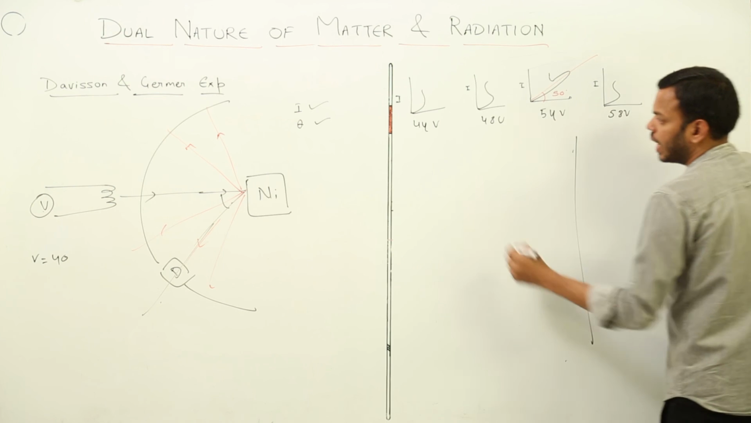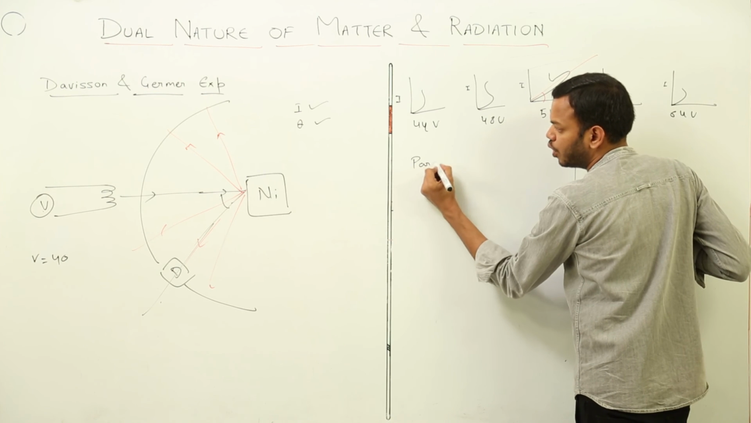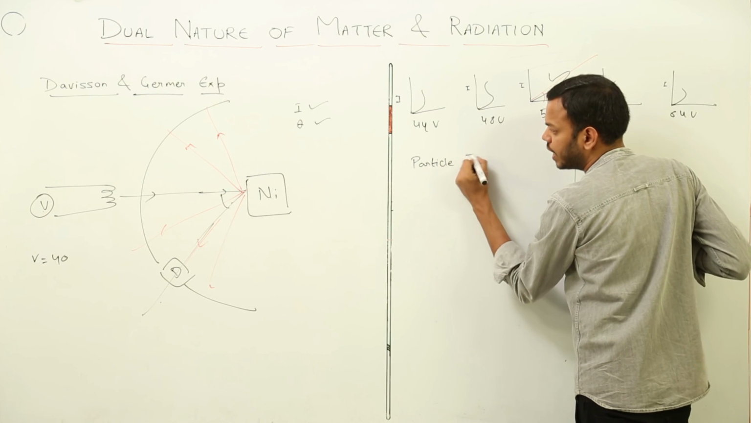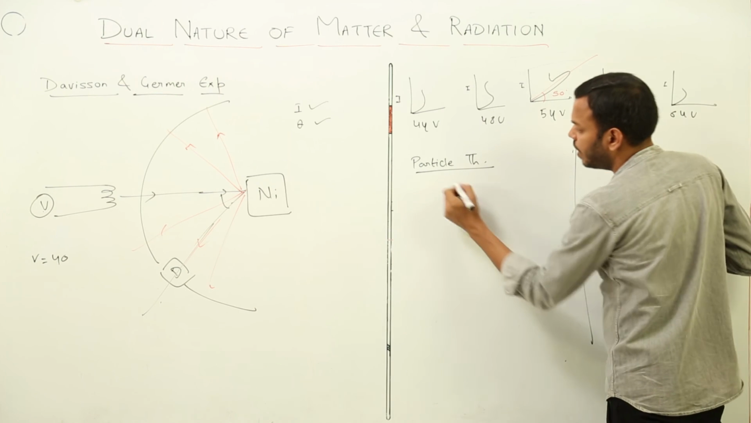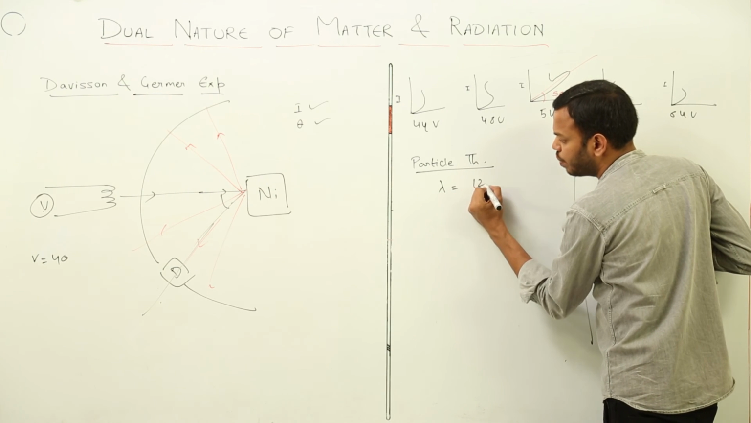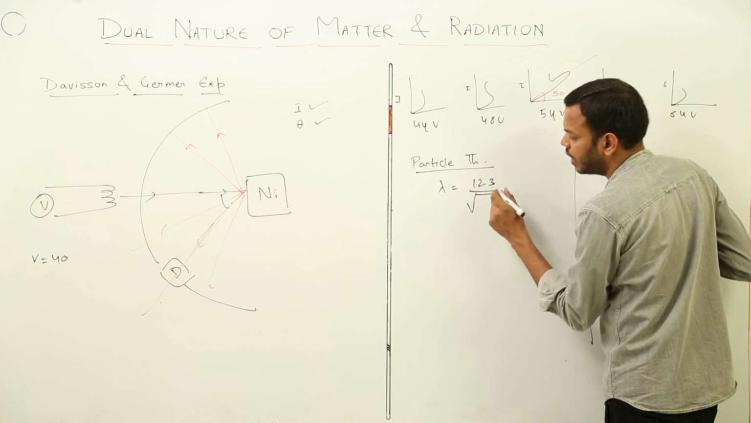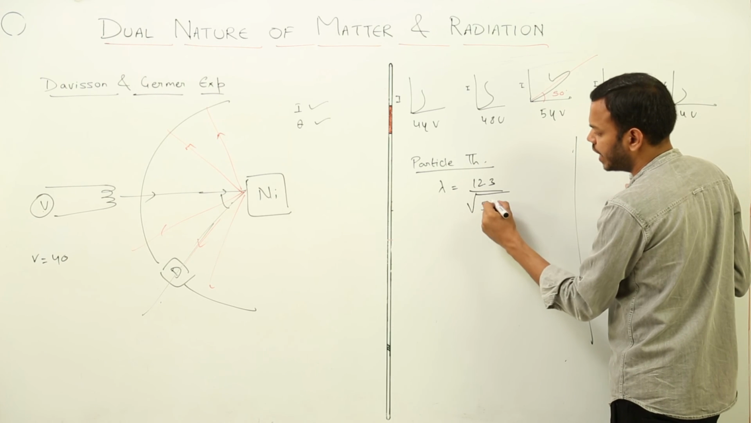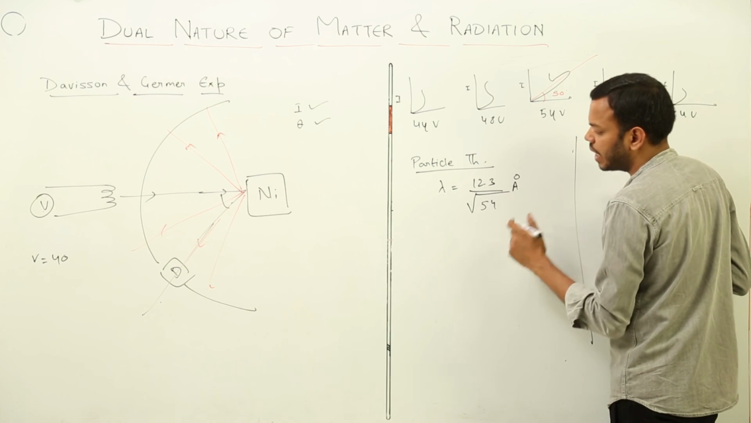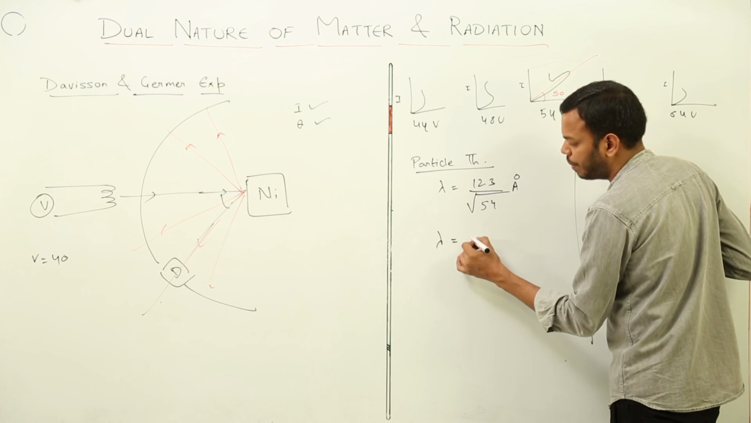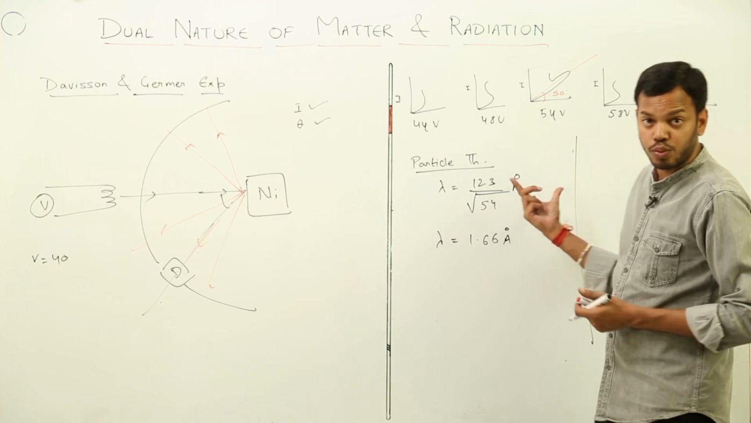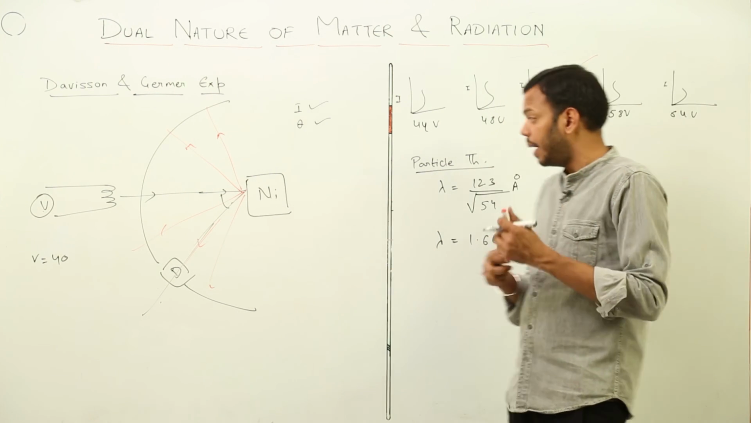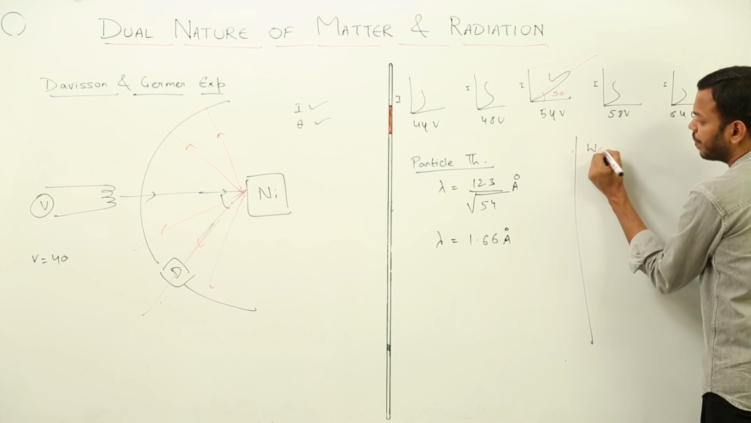Number one, according to the particle theory, we just studied the de Broglie waves. So the de Broglie wavelength was what? 12.3 upon under root V. For V, we have 54 volt here, and so the value of wavelength came out to be 1.66 Angstrom. According to particle theory, this was the basic idea. But according to wave theory,